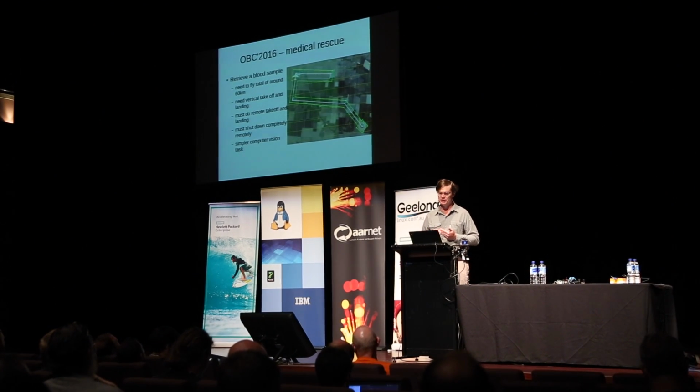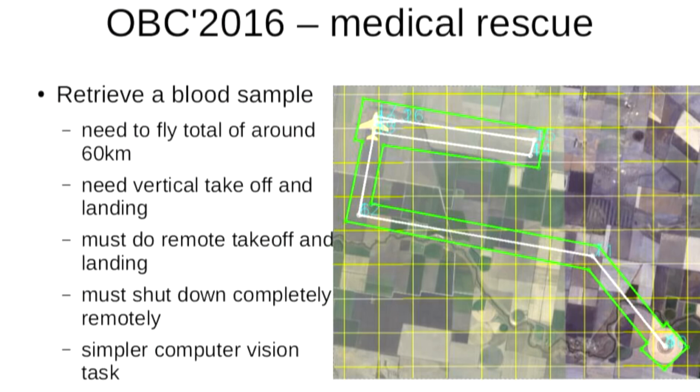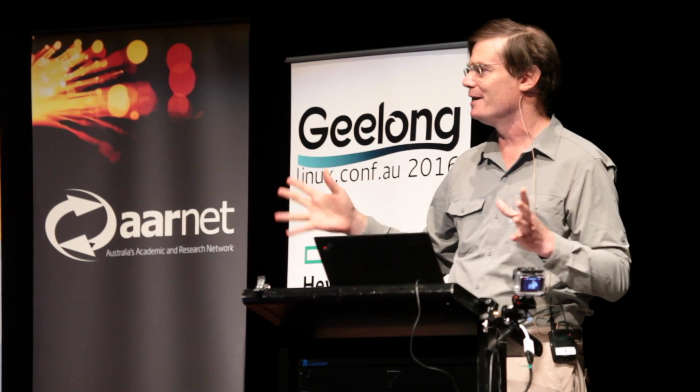So they came up with this new concept called the Outback Challenge Medical Rescue. And you can see it on the picture there. The idea is you take off at one point where the little yellow aircraft is sitting there in the top left corner, and you need to fly a total distance of around 60 kilometres, so 30 kilometres to a destination and 30 kilometres to get back. This time round, you know roughly what the destination is, and you know roughly what the flight path is. And the backstory is that Outback Joe has got some medical condition where he needs some analysis of a blood sample urgently, and all the roads are blocked, and for some reason, nobody can get to him.